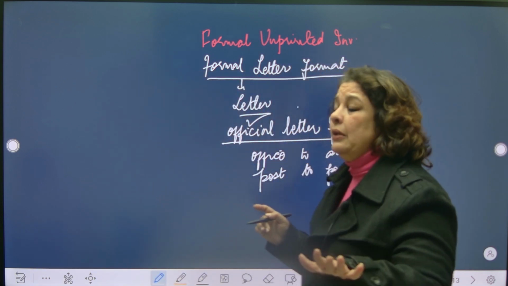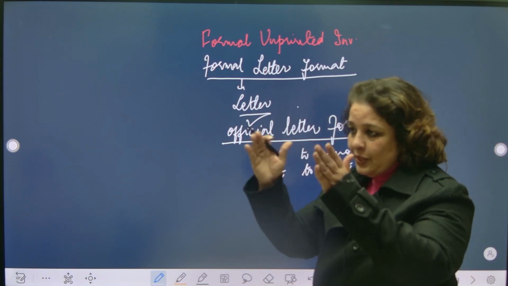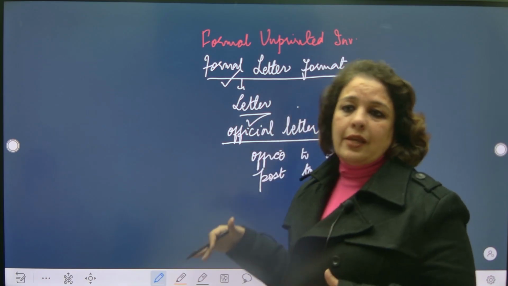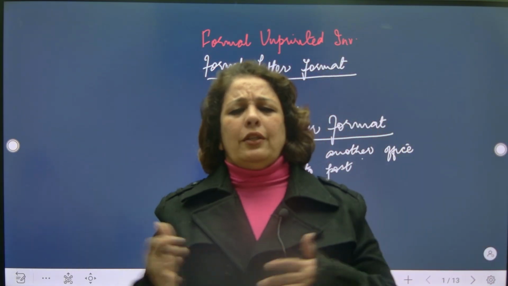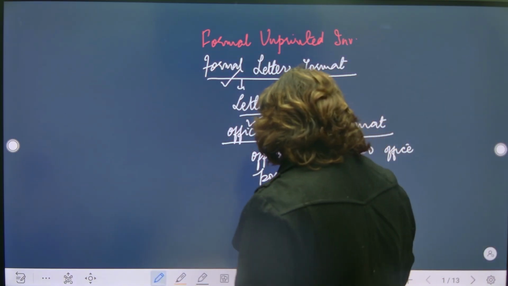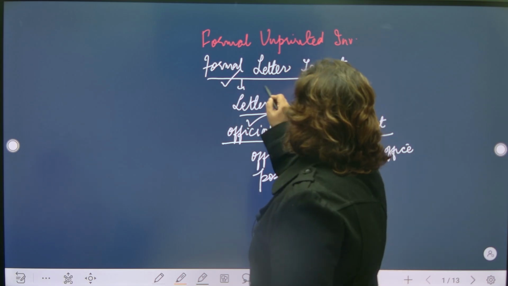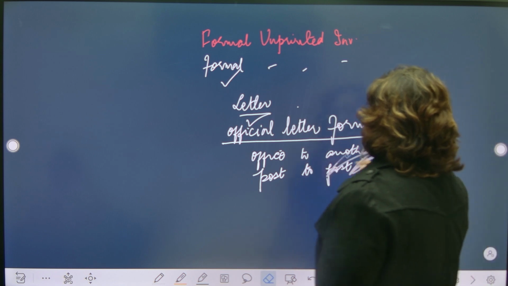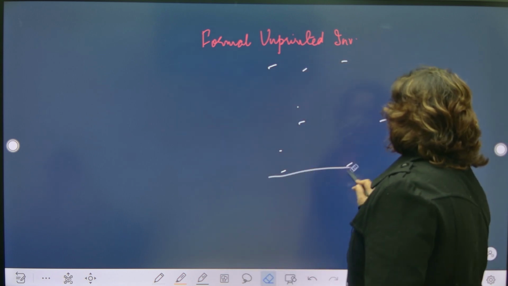Though we have done formal printed invitation in the first place, as per the order, first this is done. After the consent from the chief guest, the cards go for printing. That is altogether off the records. Let us talk about this. Now, whenever you are doing a formal unprinted invitation, how do you write everything? That I will tell you.